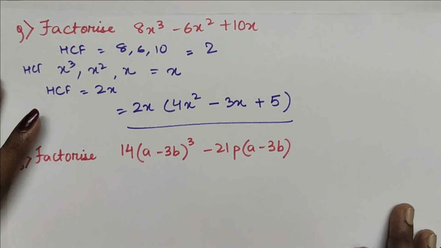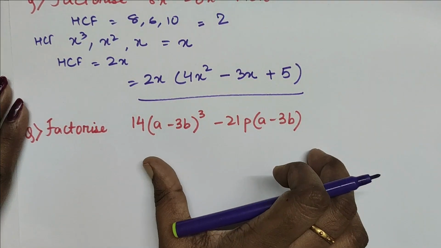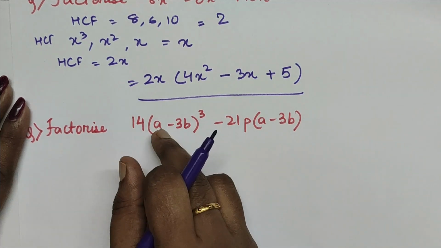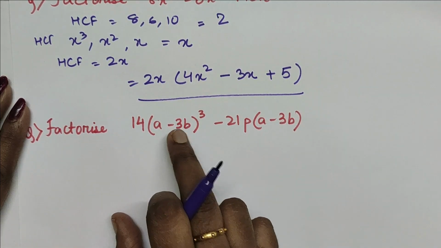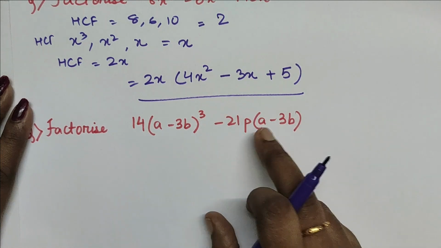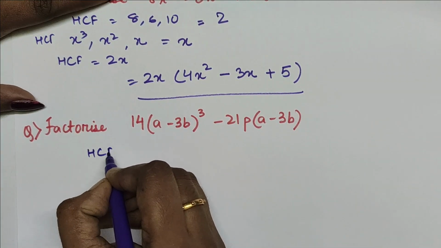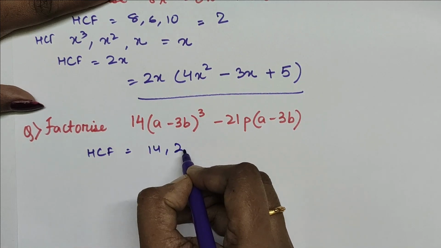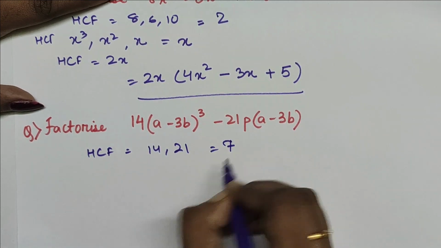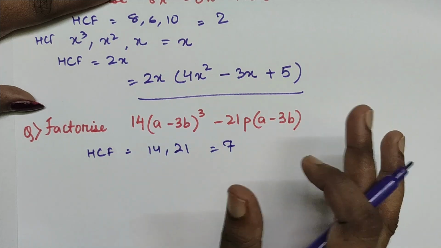Similarly, a little more complex. It looks difficult, but it is again easy. You can see already that there is something common here, a minus 3b to the power 3 and a minus 3b to the power 1. So what will be the highest common factor of 14 and 21? It will be 7. Here p is there, here p is not there, so we will not take that